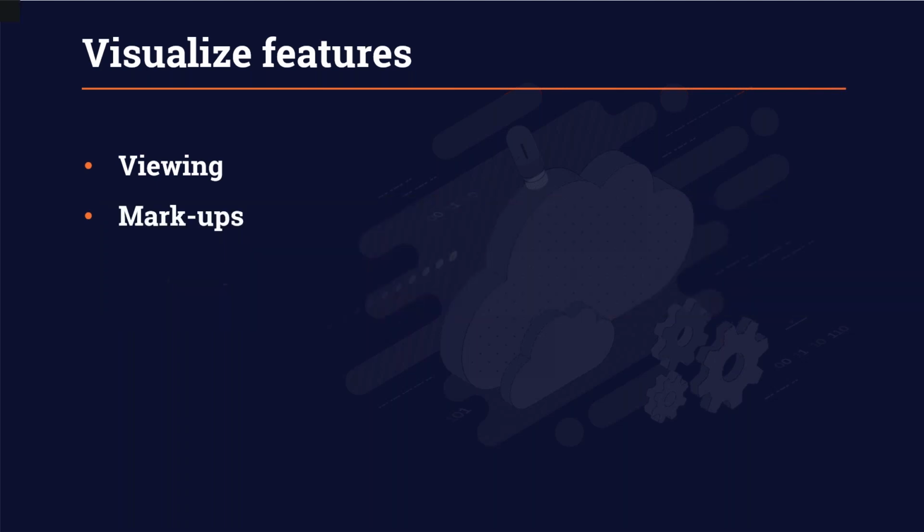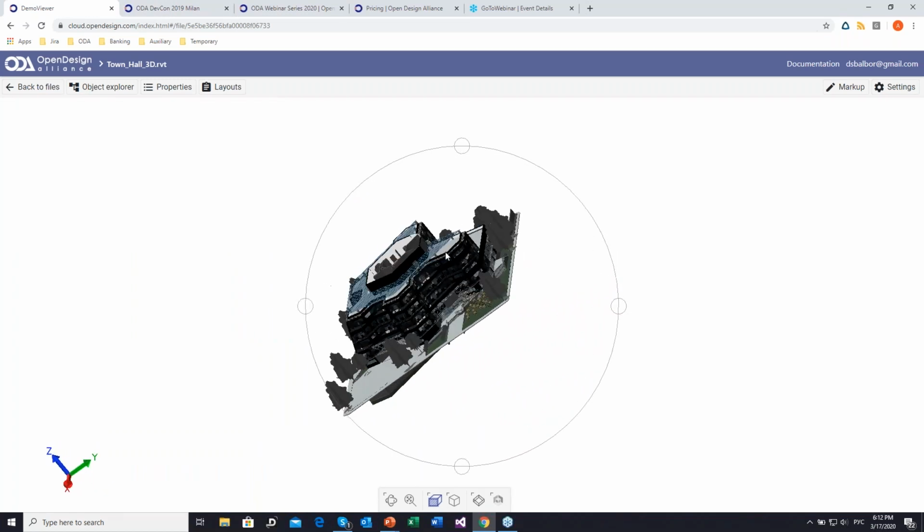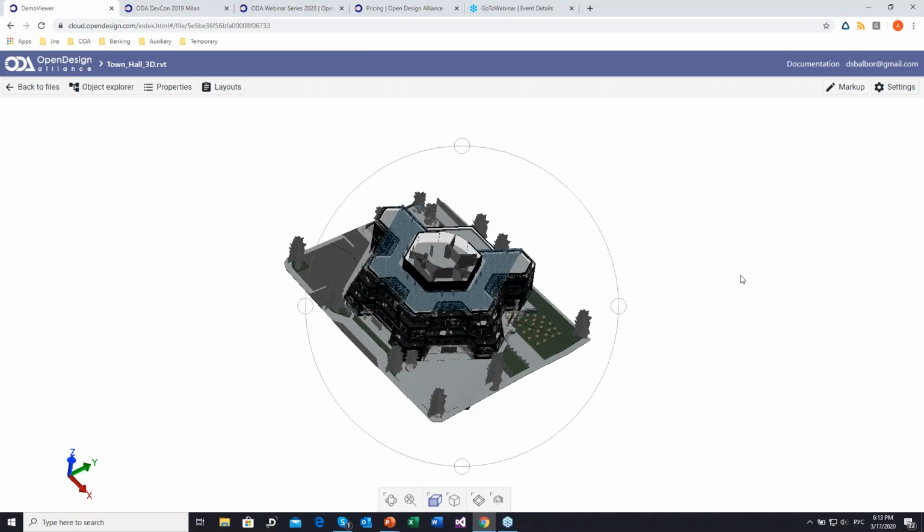So as it was shown, it's possible to see the model, but what's more important, we can have not only the geometry from the model, but we can have auxiliary geometry as well, stored on the server, obtained and visualized with this auxiliary library. An example of this auxiliary geometry is the markups. So it's possible to emphasize